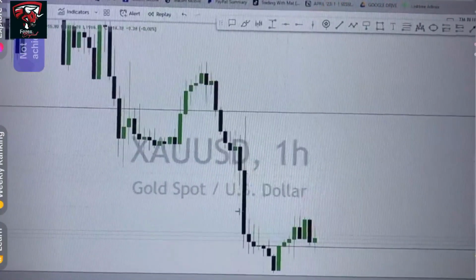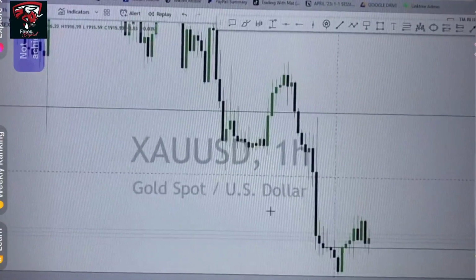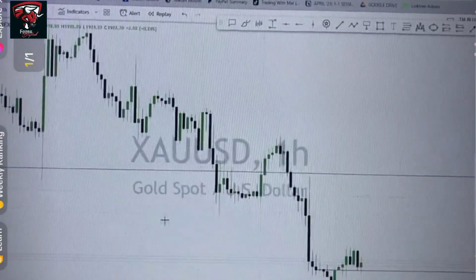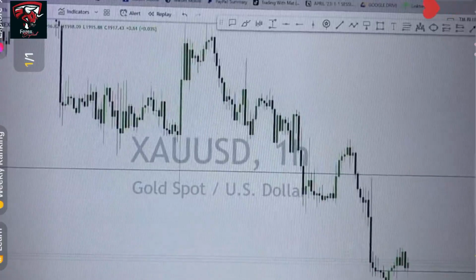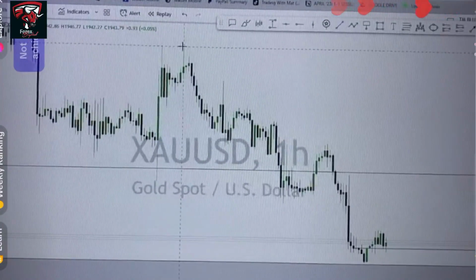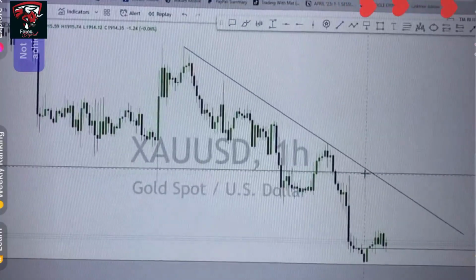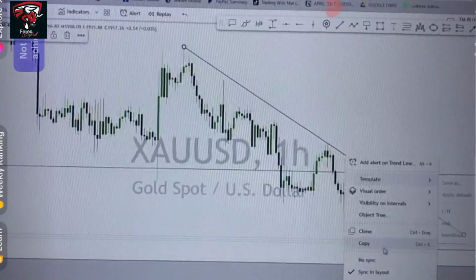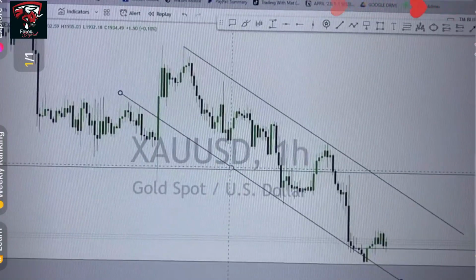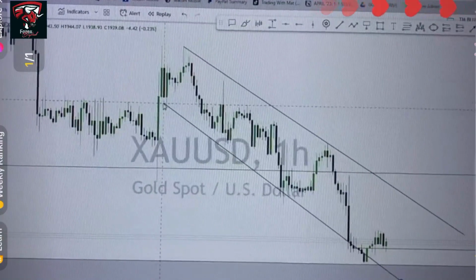I don't know. I'm not going to give you guys advice on gold today. I would stay away. I'm not seeing anything solid. I would like to buy, but I'm not seeing anything solid on gold, so I cannot advise you something that I cannot see. However, structure is key. So from a structural point of view,